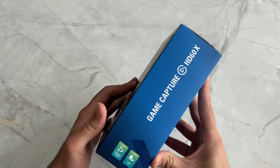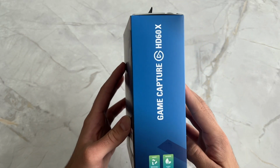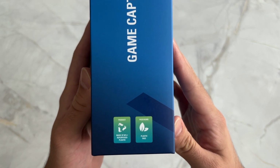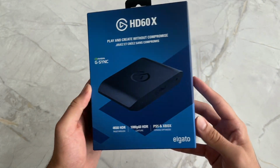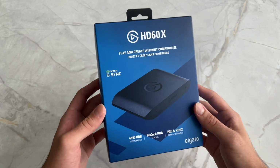And then on the right-hand side, on this side of the box, not too much there: game capture, HD60X, and then made of 60% repurposed plastic, and the packaging is plastic free, which is nice. And that's pretty much a tour of the box itself, but let's go ahead and unbox it, which is what